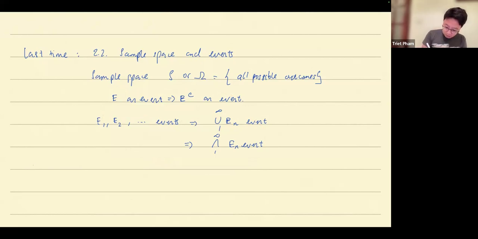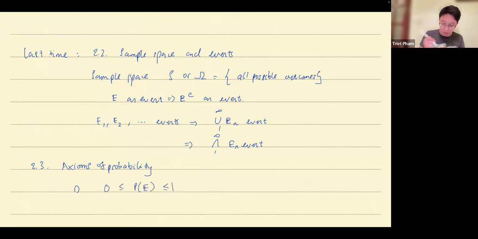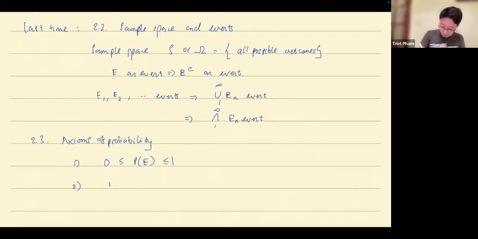And 2.3 talks about how we can apply probability on an event. Events can be thought of as the domain of probability. So when we apply probability to an event, three things must be satisfied. The first thing is that a probability is a number between 0 and 1. Second thing is that the probability of